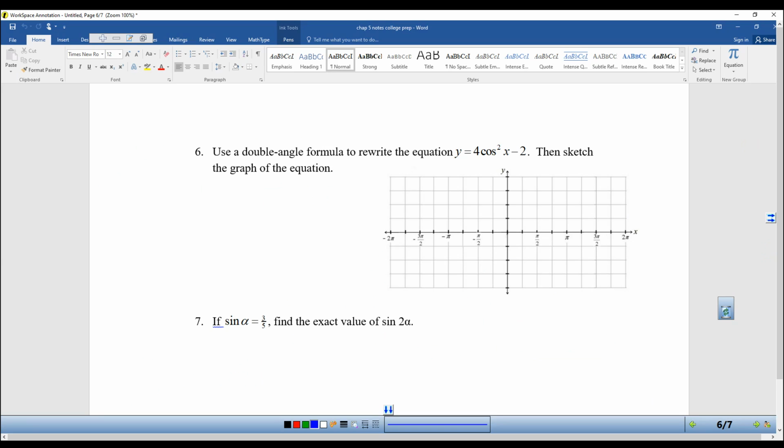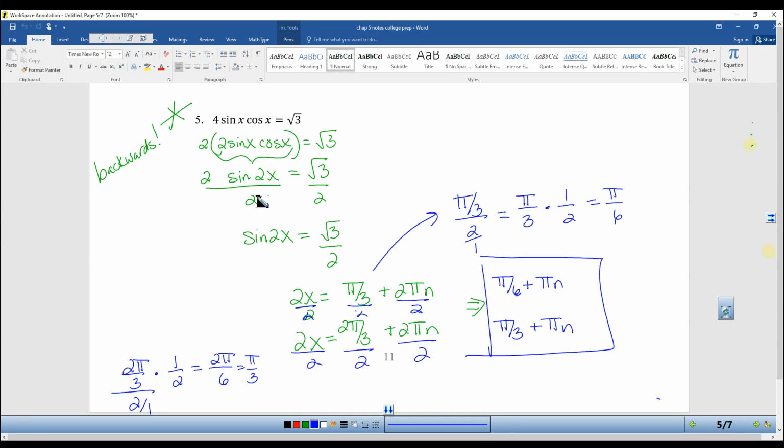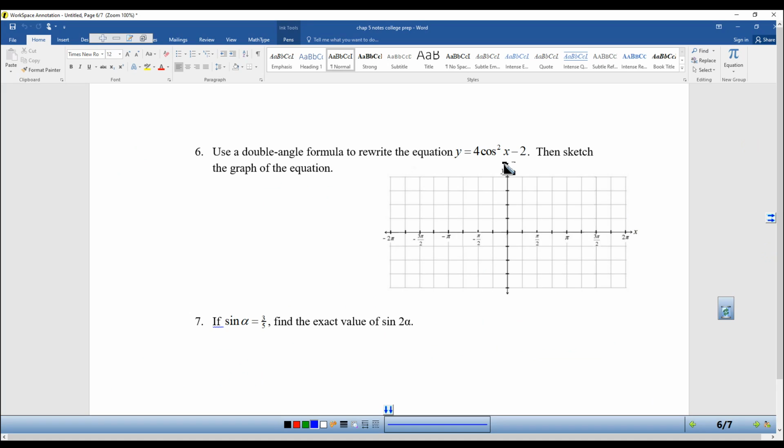Another way that we use double angle formulas, in addition to putting it back into sine of 2x to solve, is with graphing. We've never graphed a squared. We learned how to deal with left, right, up, down, amplitude, period, but never a squared. But if you look at this equation and think, oh, I could use the double angle law by